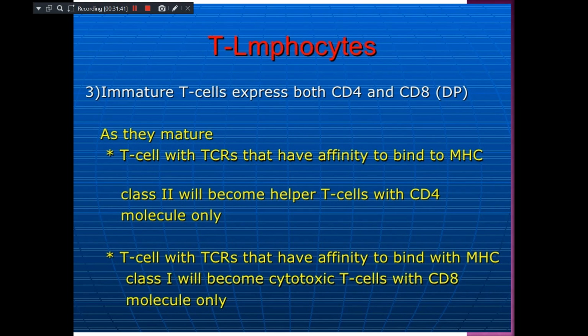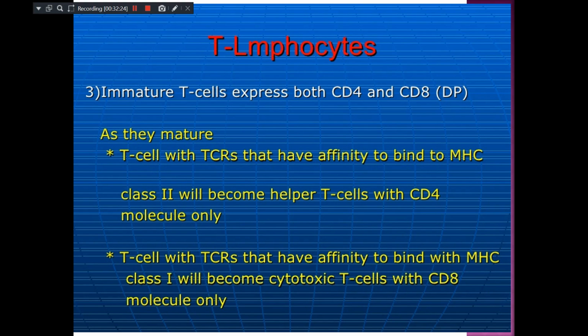Whereas the immature T cells generally express themselves either into CD4 cells or CD8 cells. I have told you, CD8 cells can directly tackle the pathogen, and CD4 cells function as helper cells. As they mature, the T cells with T cell receptors that have the affinity to bind with major histocompatibility proteins, or MHC class II protein, become helper T cells with CD4 molecules only,